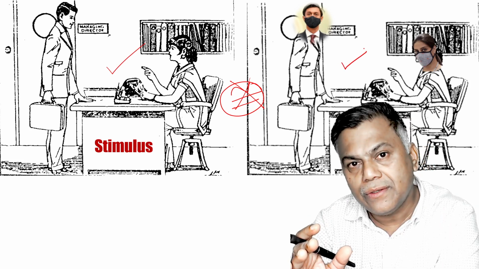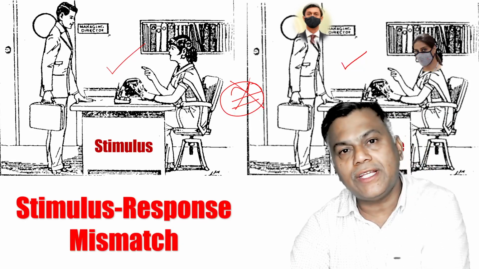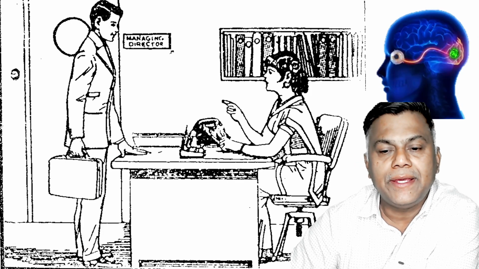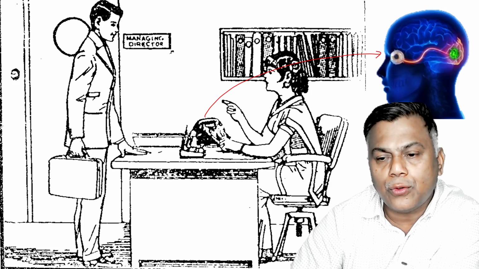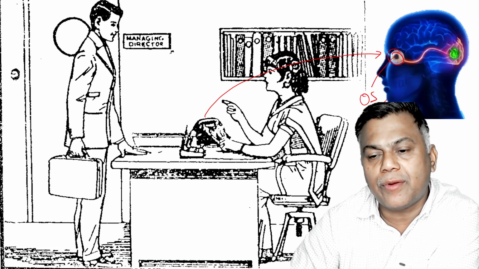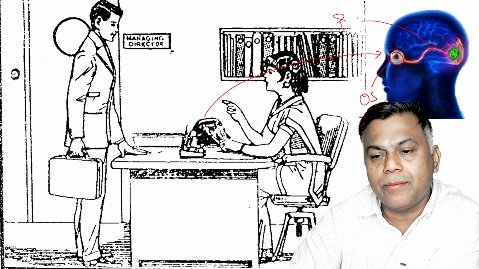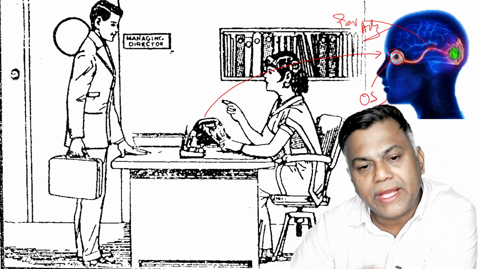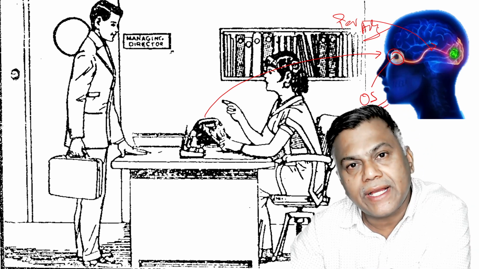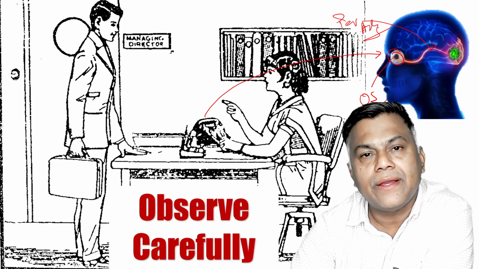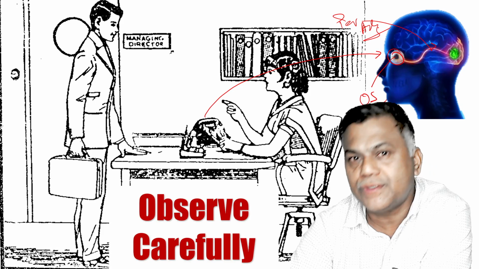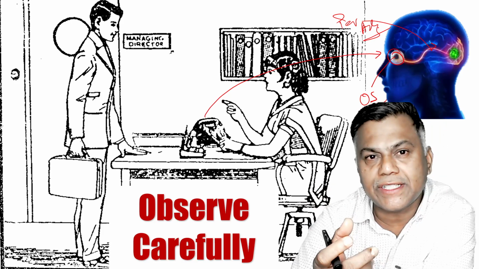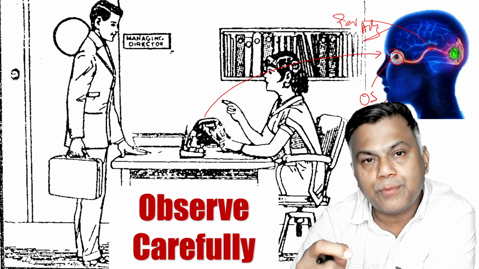They are not matching. So इसलिए ये हो गया stimulus response mismatch, और इसे आपको ठीक करना पड़ेगा। और इसको ठीक करने के लिए ये पिक्चर जो इनपुट हुआ आँखों से, वहीं पे ऑब्जर्वेशन स्किल में गड़बड़ हो गया, और यहाँ पे परसेप्शन में गड़बड़ हो गया, परसेप्शन एंड एनालिटिकल स्किल्स में, क्योंकि आपने विश्लेषण नहीं किया, आपने ऐसे ही कुछ भी बढ़ा दिया। तो मुझे बताना है इससे क्या समझ में आया। एंड इस तरह के इसको अवॉइड करने के लिए यू हैव टू ऑब्जर्व केयरफुली, बिकॉज इफ यू डोंट ऑब्जर्व केयरफुली बहुत गलतियाँ होती है, बिकॉज आप स्टोरी बनाने के चक्कर में इस तरह की गलतियाँ करते हो। नाउ प्लीज़ पुट अ कमेंट कि आपको क्या समझ में आया।